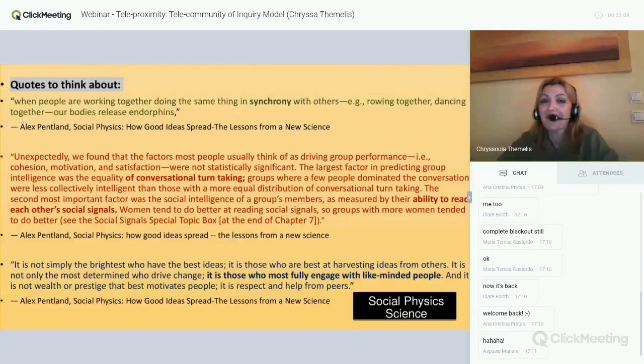I'm not a researcher, but they have thousands of surveys and thousands of informants at the MIT lab. Another surprising fact was that it's not the brightest of people that come up with the good ideas. It is those who are best at harvesting ideas from others.